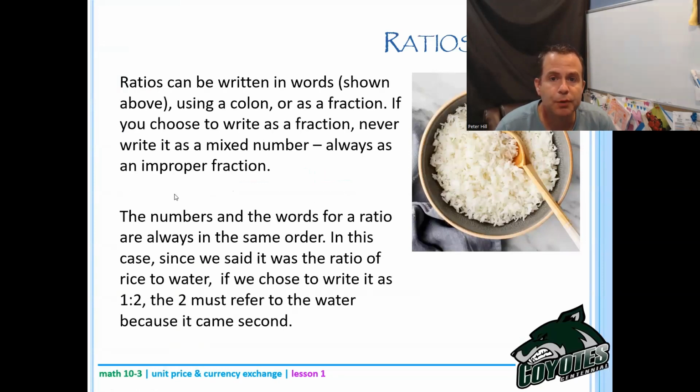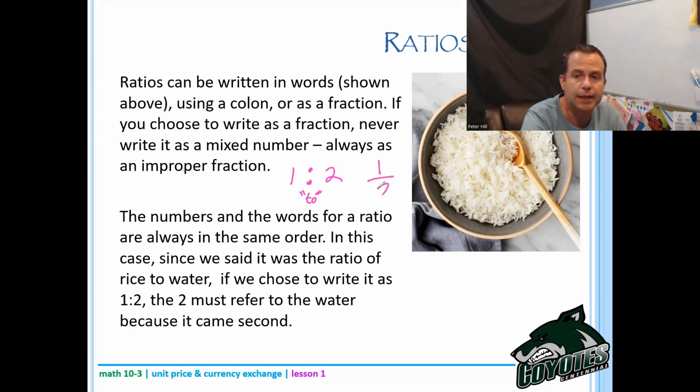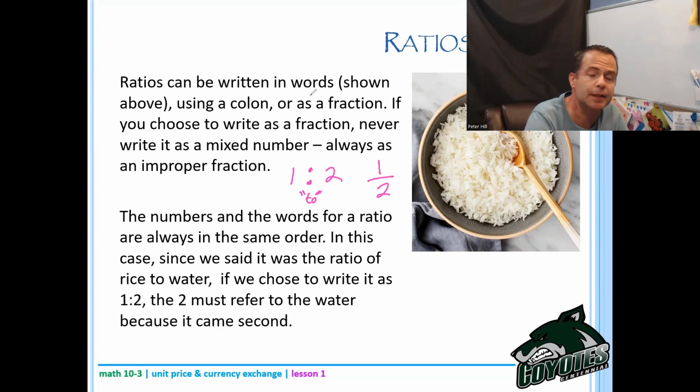Okay, so ratios can be written in words. Now that was what I just did, right? We said 1 part rice to 2 parts water. Or we could use a colon. A colon is those dots like this when we have that. Okay, so we could go like this, 1 to 2. Do you notice when I said that, I also said 2. Okay, we say 1 to 2. Or as a fraction, like so. If you choose to write it as a fraction, never write it as a mixed number, always as an